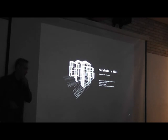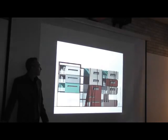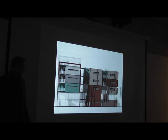For us, we found Marshall's Mill was originally a factory for making flax. And we were interested in the process of binding flax, where this thematic image came from. And the various elements within the building then became wrapped in this element. And each one